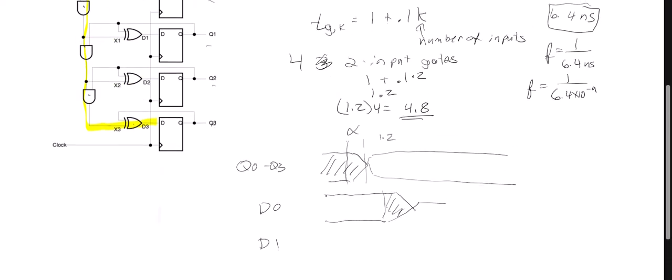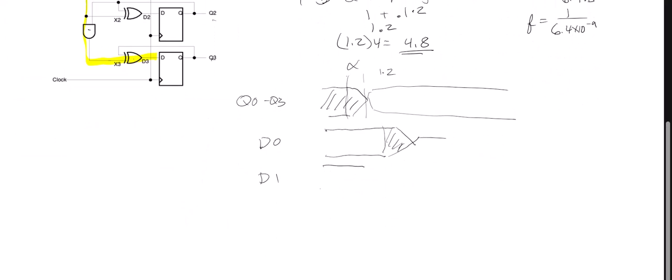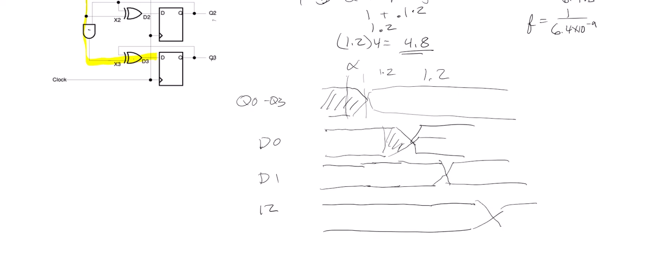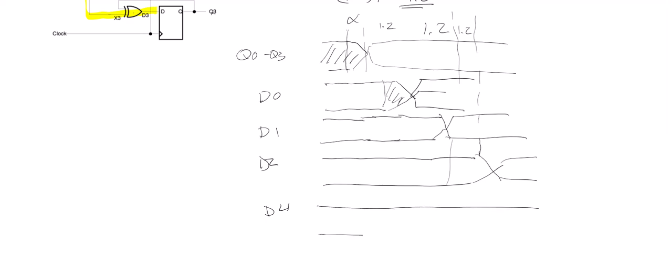And then D1 goes through 2 gates. So we'll still have that propagation delay right there. And then we'll have the time for one gate, and then we'll have the time for another gate. So that's an additional 1.2. So D2 goes through 3 gates. So that additional amount of time right there is another 1.2 nanoseconds. And then D4 goes through 4 gates. So we'll have yet another 1.2